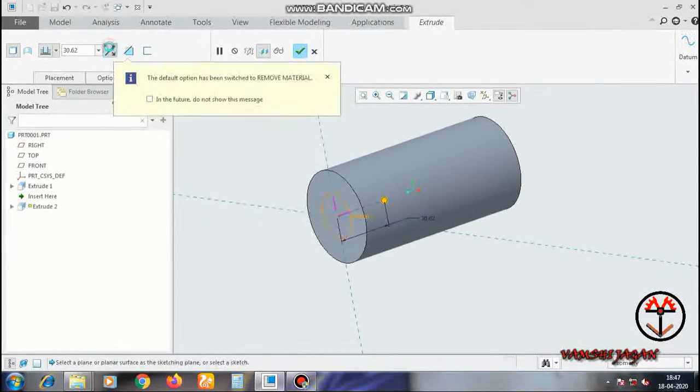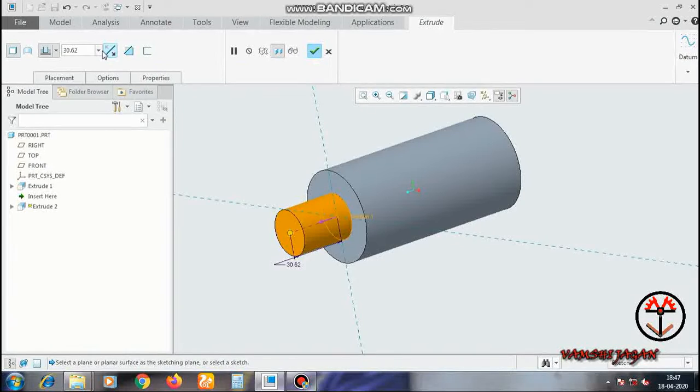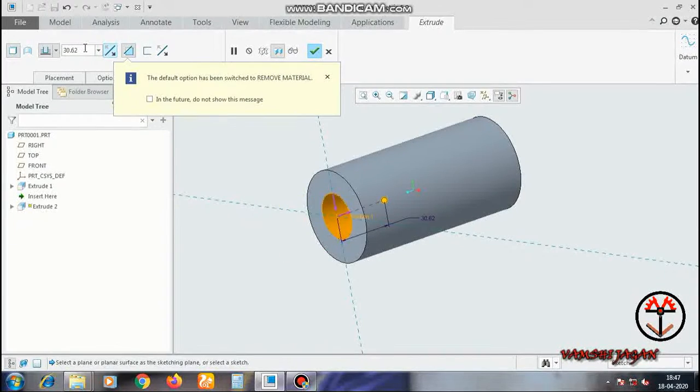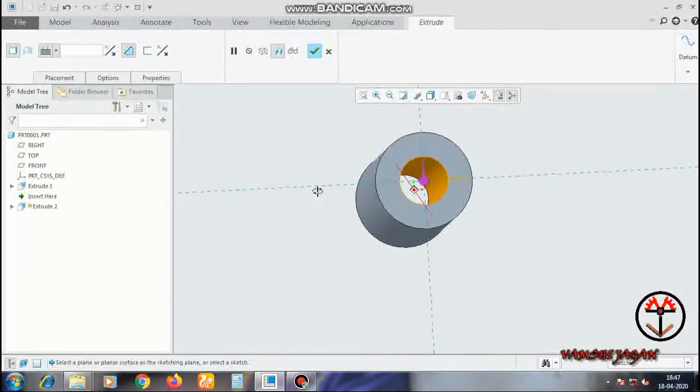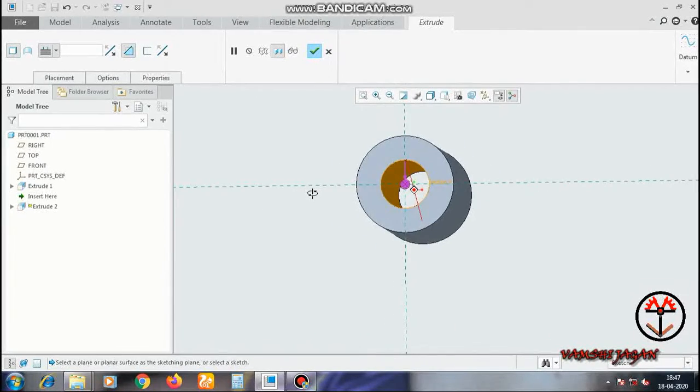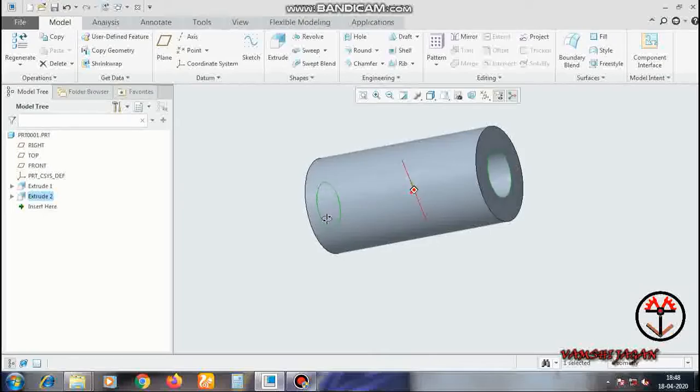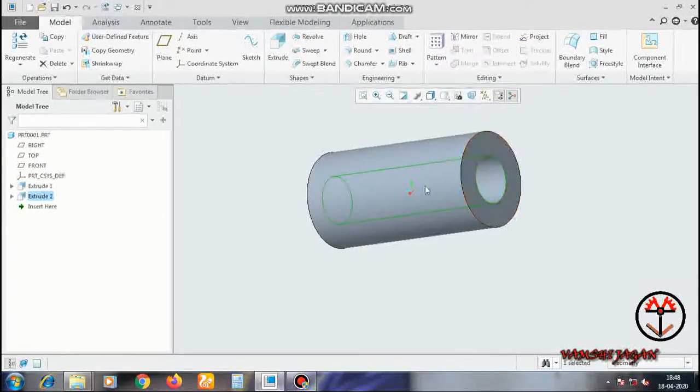So you can add material or remove material. You can highlight the material removing icon. So by clicking on the arrows you can add material and remove material. This was up to next. So in up to next you can see the hole was through from that surface to this surface.